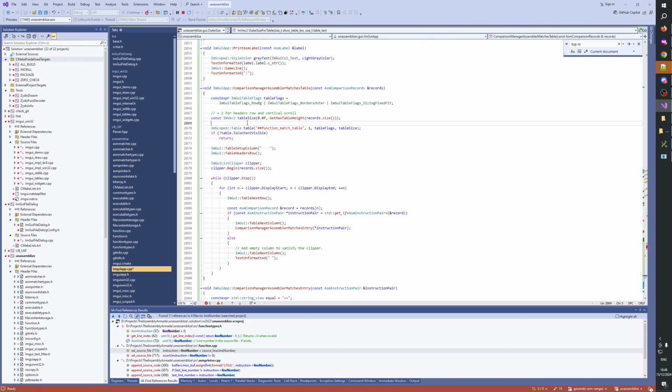Let's put it here imgui window flags, no scroll bar. Okay, and then